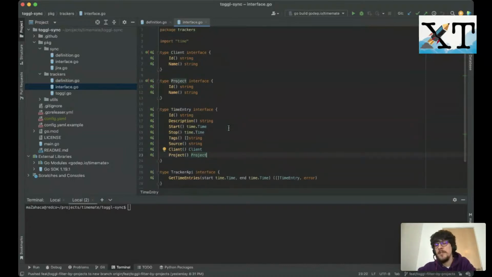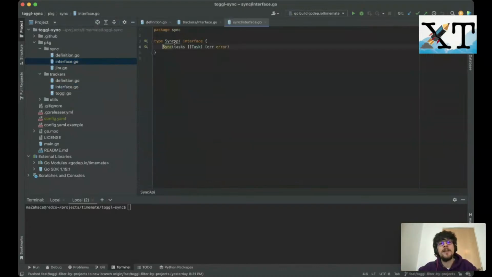Basically, this is needed to do some filtering on top of it, for example, if there are some projects like personal projects you work on, and you don't want to share these timings with your customer. Yeah, and here is another sync API, which is very simple. It just looks like sync tasks, and here you can see this is a task, not actually the